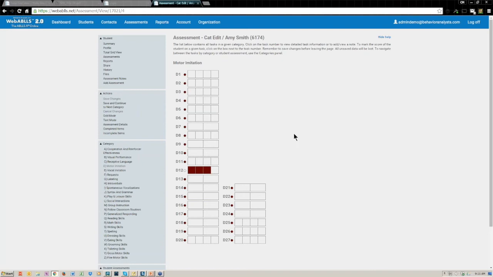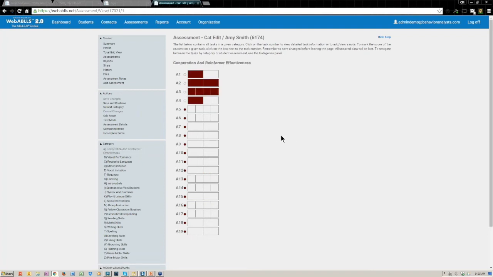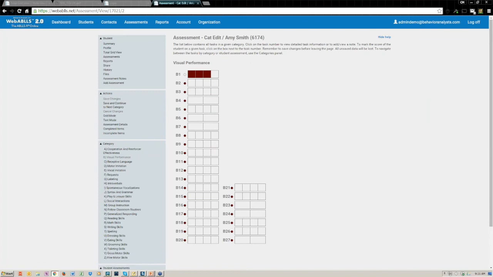I was in category D when I was on that text mode, and when I clicked CAT, it stayed in category D. Of course, I can very quickly go back to one of the other categories, but it's nice that it stays consistent with the screen you were on last. So now we're going to score again, and we'll save and just keep going. We can again use this save or the save and continue to the next category.